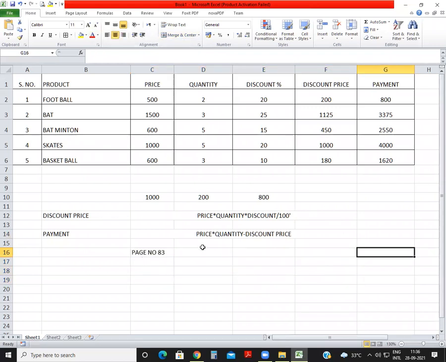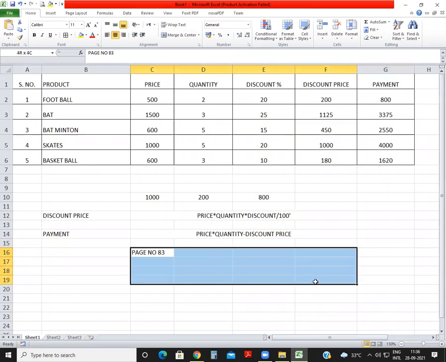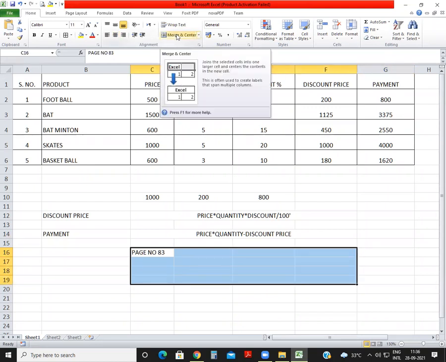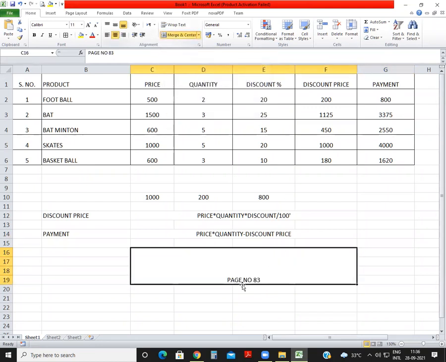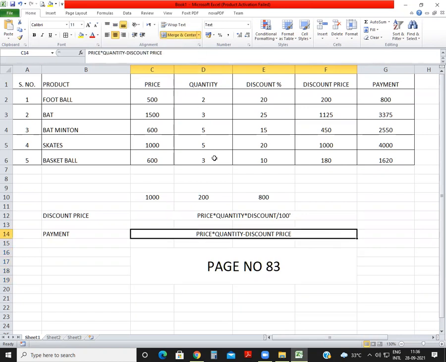अब मुझे इसके middle में लिखना है, so we can do one thing. I select all these cells and then click here and apply the merge and center. ये बीच में आ गया. Now इसको थोड़ा सा ऊपर रखना है, so we can use this option, middle align ऐसा आ जाएगा. You can increase the font size also. ठीक है, ये सब use करना, merging cells ये सब आप लोगों को use करना है.